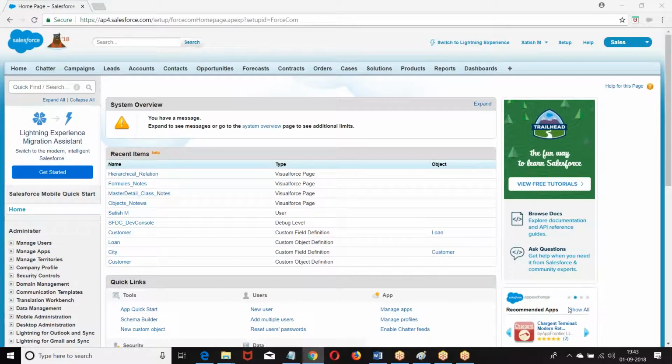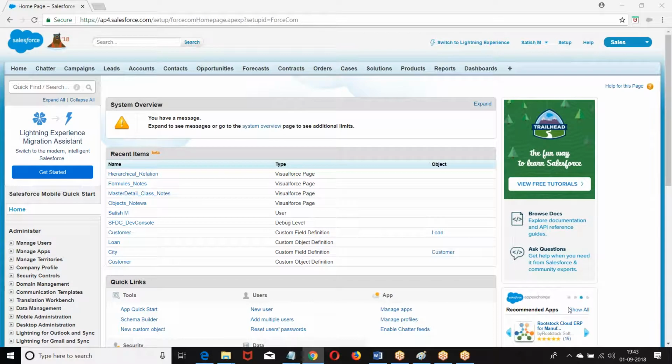Roll-up summary fields are used to perform aggregate operations on the corresponding child records. The master record wants to perform aggregate operations on the corresponding child records.